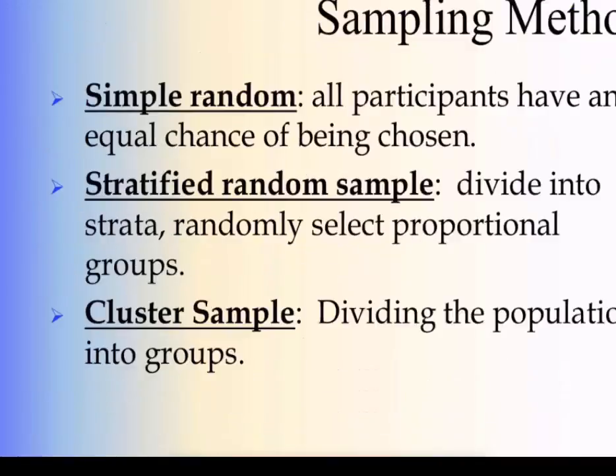Now I want to talk a little bit about sampling methods. You're going to need to read this in the textbook and understand all these terms because they can get a little confusing. First of all, samples should be random in some manner. A simple random sample would be, if we wanted to take a study of the people that attend the University of Maine and we literally chose at random, like randomly generated numbers of 100 student numbers, completely random, where one person has just as much chance of being chosen as the next person. That is what a simple random sample is.